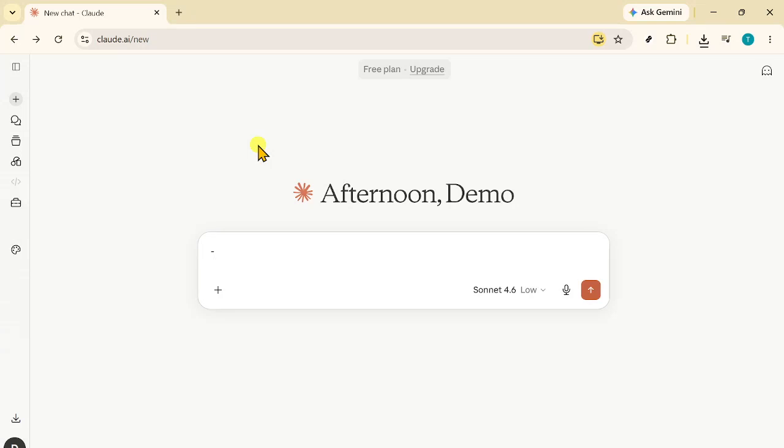Hello, today we will guide you through how to add custom instructions to Claude AI project. To begin, open Claude in your web browser. Once the page loads, make sure you are on the main Claude interface so you can access your workspace and project options. This is the starting point for managing project settings, including custom instructions that help shape how Claude responds